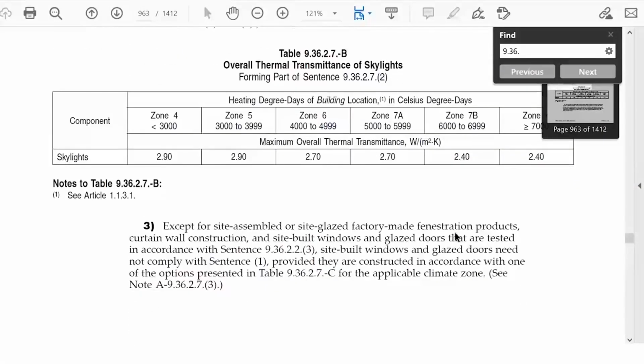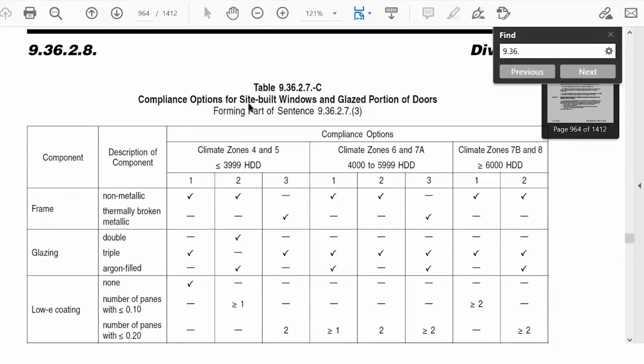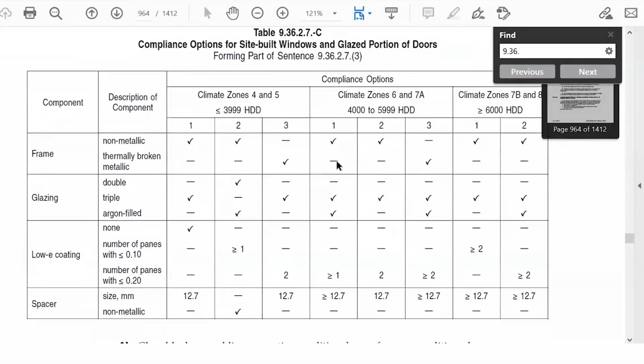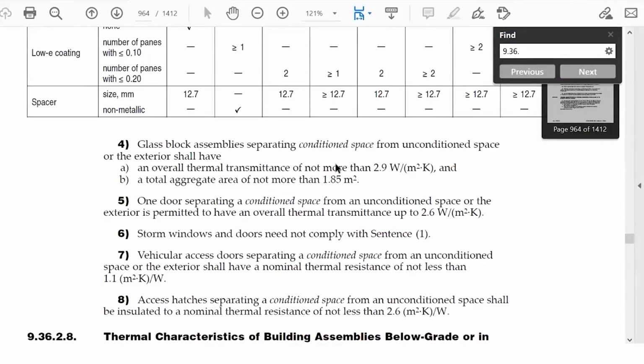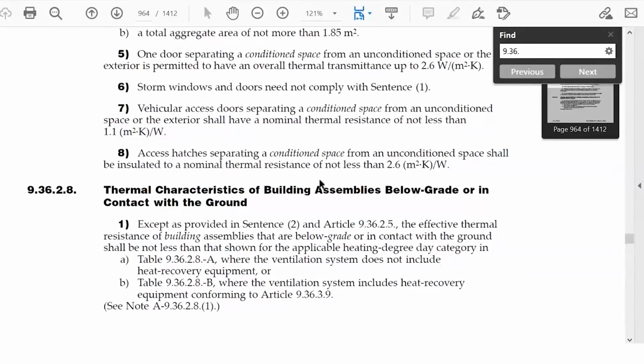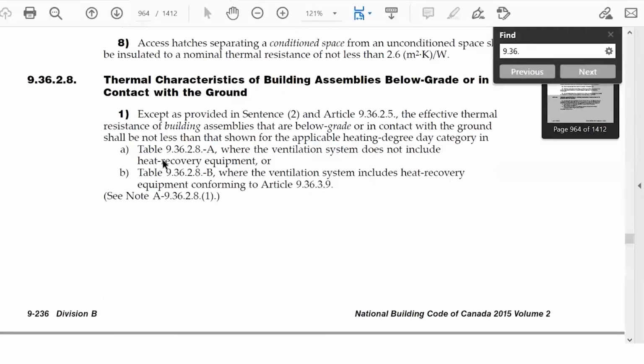Overall thermal transmittance of skylights. Compliance option for site-built windows and glazed portion of doors, depending on the climate zones, and different prescribed values that you can take from this section. And then you go to thermal characteristics, building assemblies below grade or in contact with the ground. It refers you back to applicable heating degree day category